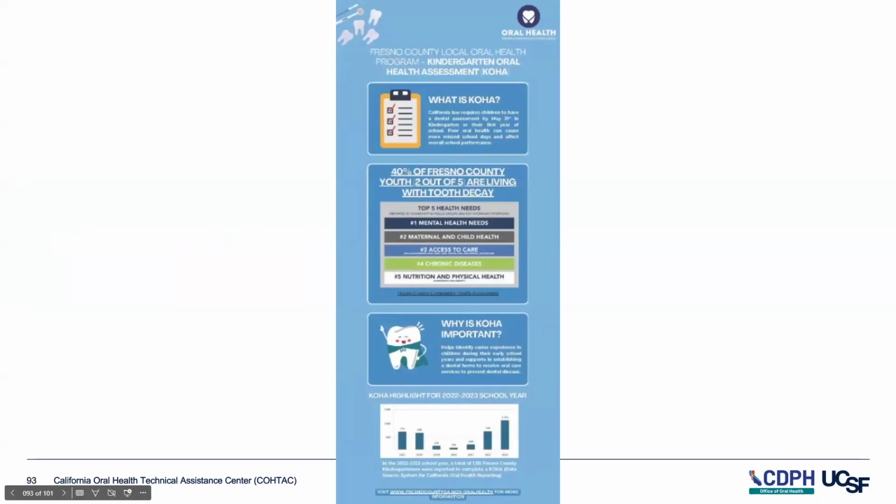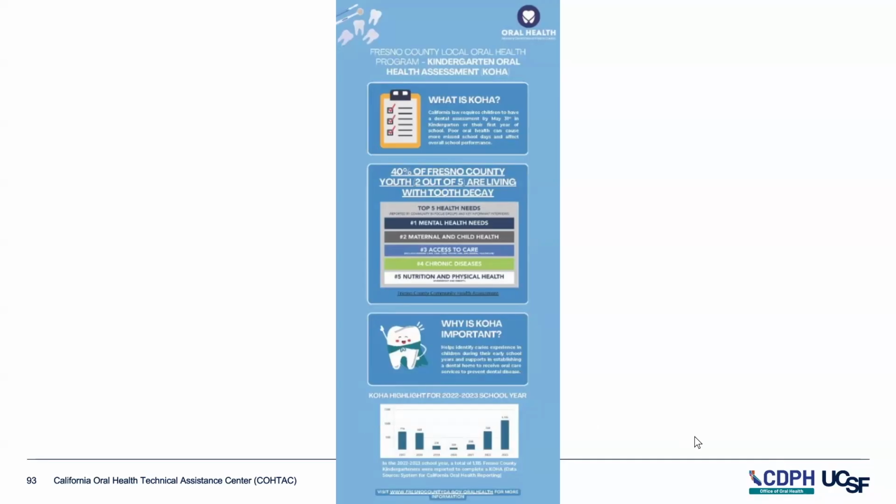We developed this from the RBA training. The goal when developing this infographic was not only to use it as a visual, but also as a tool to support partnership, spark the conversation, make it really easy to understand, and also to inform key decision makers. Just briefly, the infographic highlights key data from SCORE. We utilized SCORE specifically for Fresno County, just to give a quick snapshot of where we are.